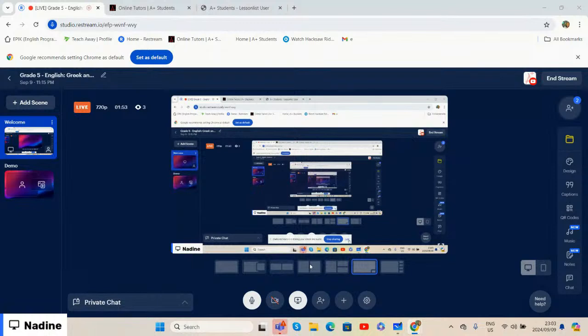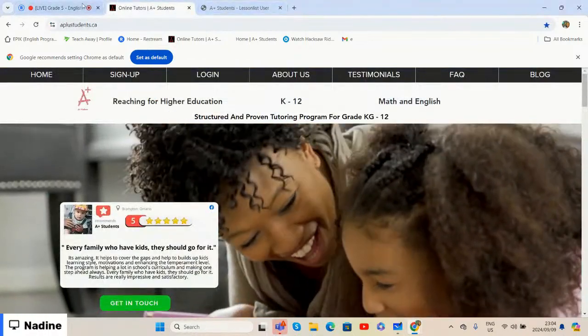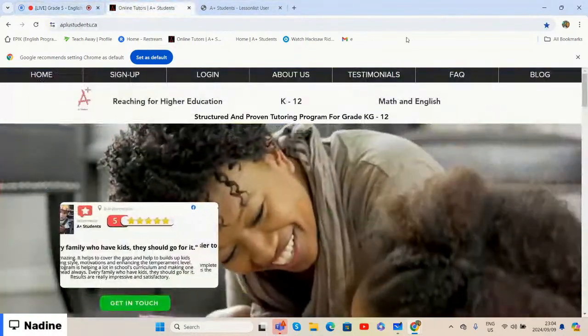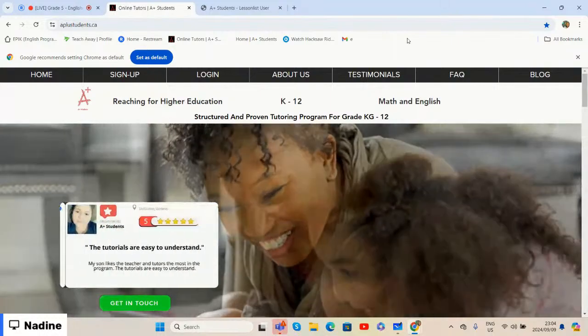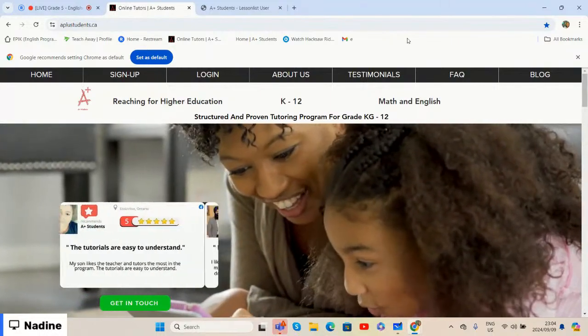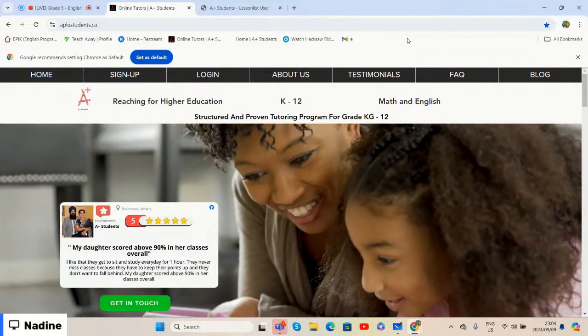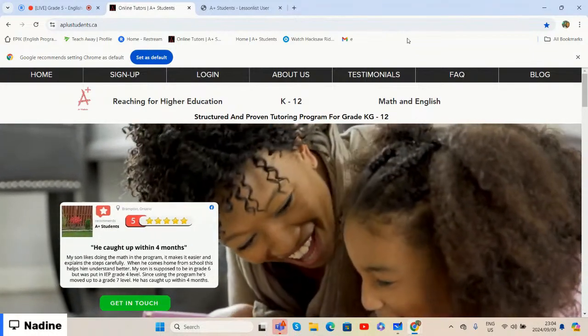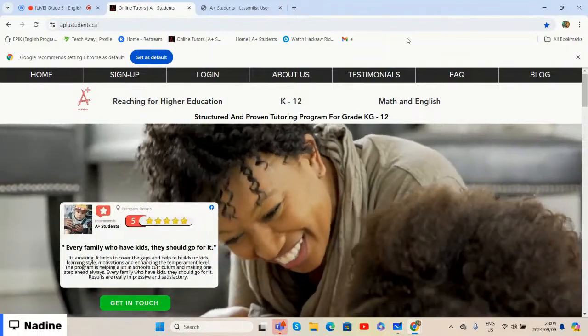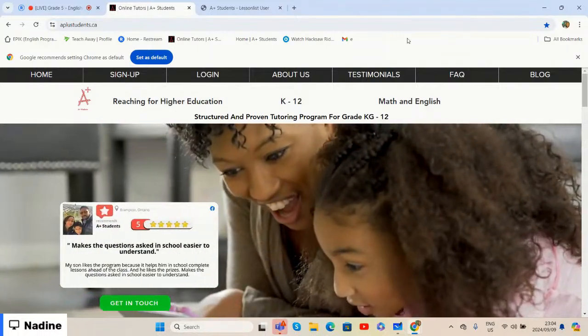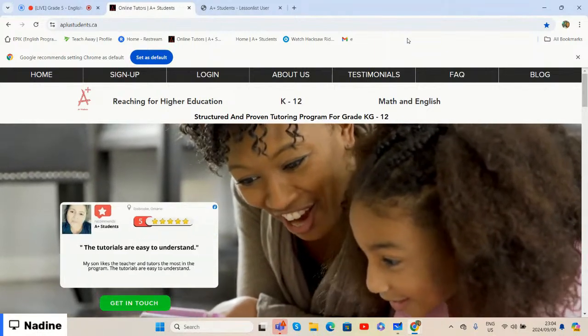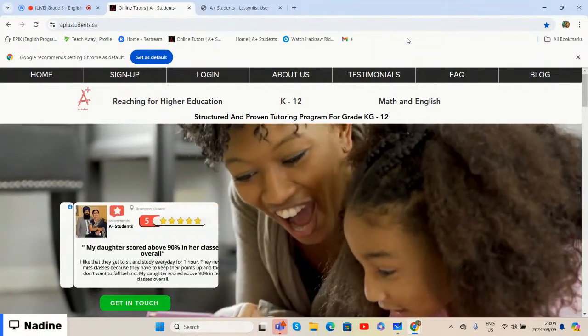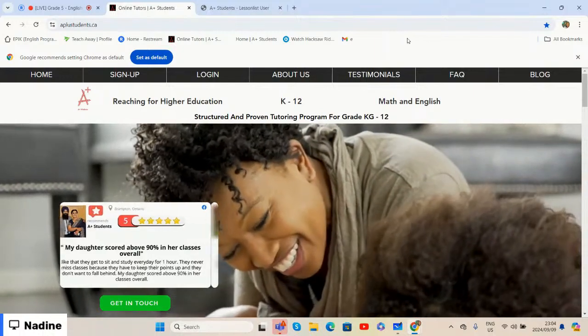Today, we'll be doing our grade 5 English lesson on Greek and Latin roots. Before we start, we're going to log on to aplusstudents.ca, once we've logged on with our username as well as our password,